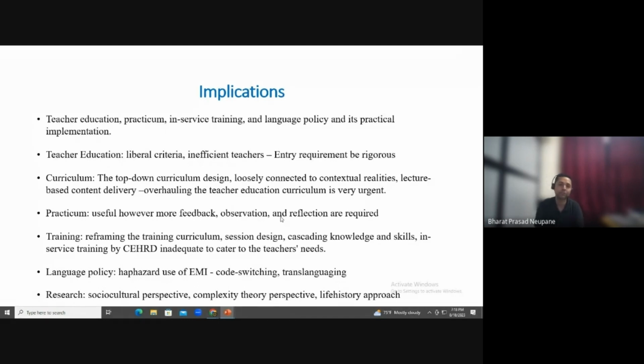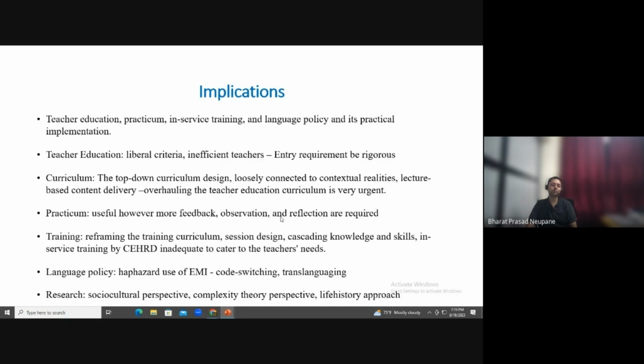This evolving process of the teachers, and this research does have implications for teacher education, curriculum development, practicum, training, language policy, and research. I don't want to focus on all these because I have taken a lot of time during my presentation. It's already 7:18, right? So I just want to focus on language policy and research. There was haphazard use of English as a medium of instruction that had an adverse impact on students' learning, right? Kumari has clearly expressed, and even Bines and Surya have shared, the moments where, because of the use of EMI, the cognitive development of students was hampered. And from these, we can infer and implicate that